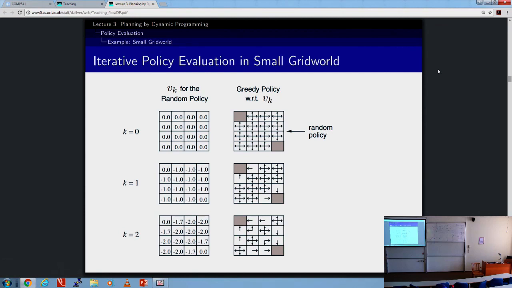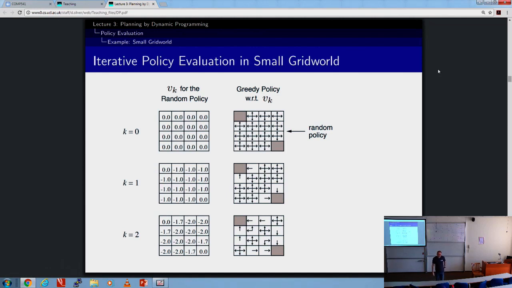75. Minus 1.75. Right, so if I'm here, I have 4 actions. 3 of them end up in states which are marked as minus 1, and 1 of them ends up in a state marked 0. So I have the average of 3 minus 2's and 1 minus 1, which gives me minus 1.75. So in calculating throughout the iteration,